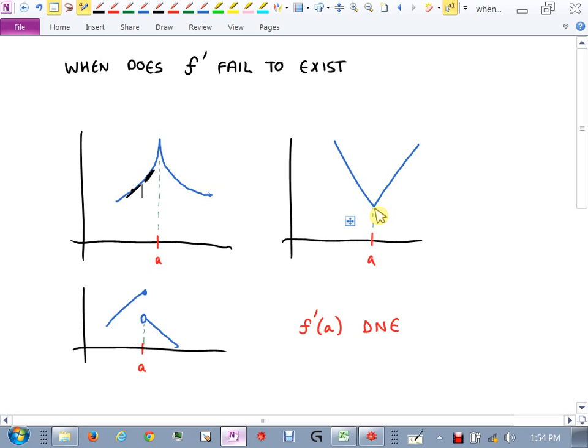Because you may want to say the slope is 0. But think about it. As you come in from the left,